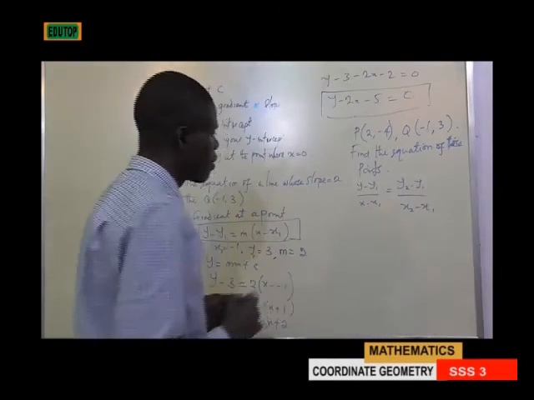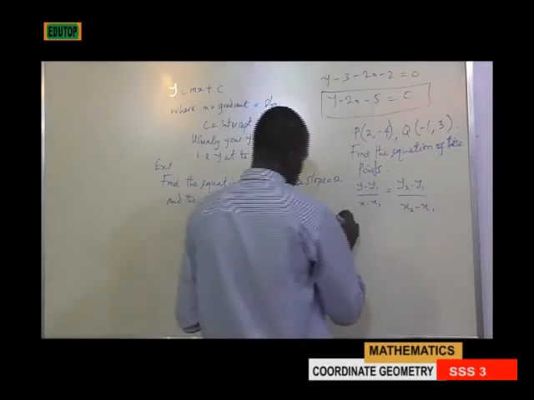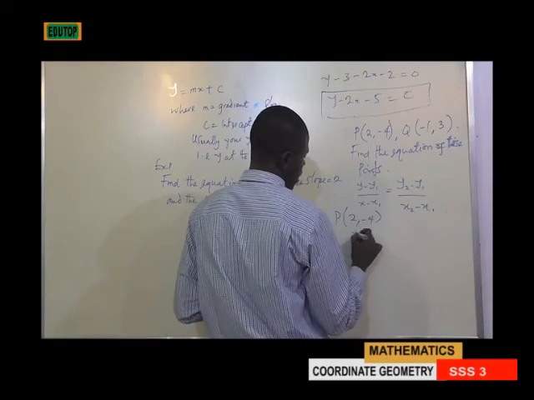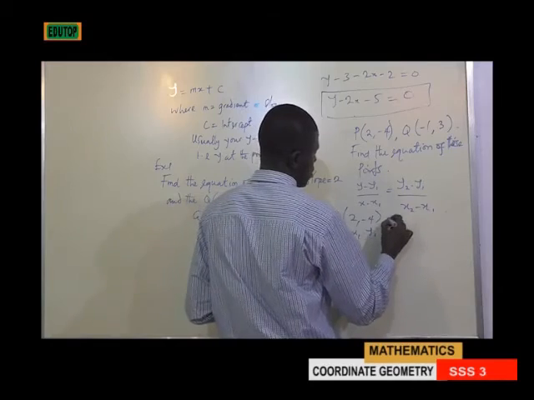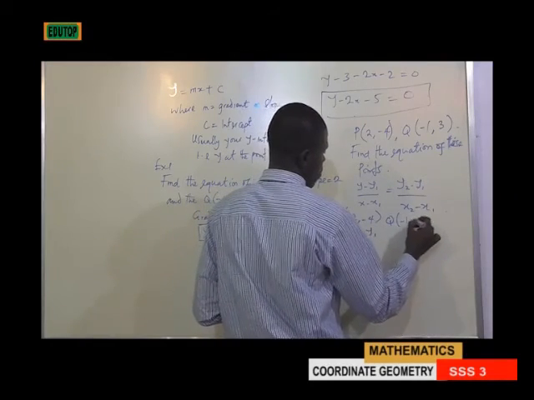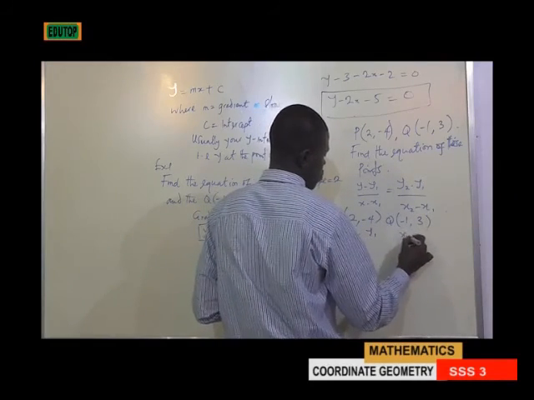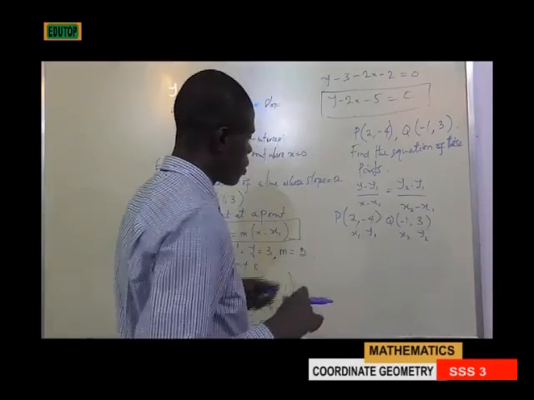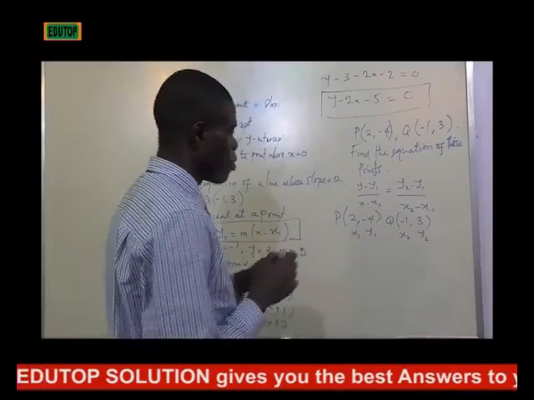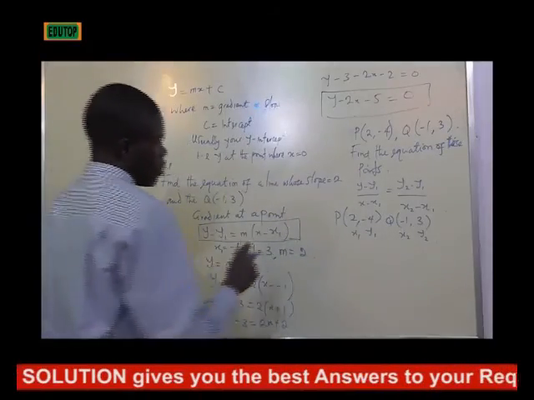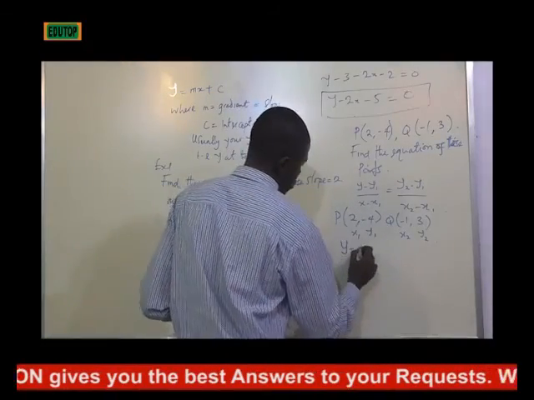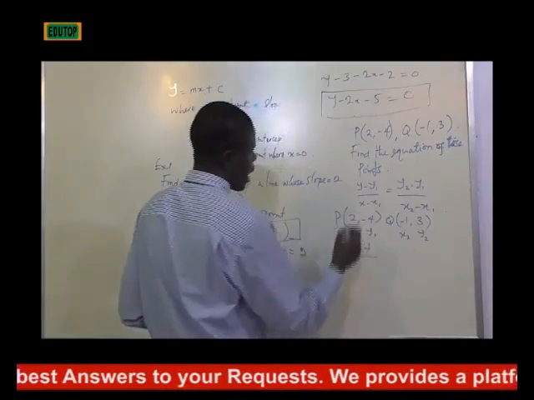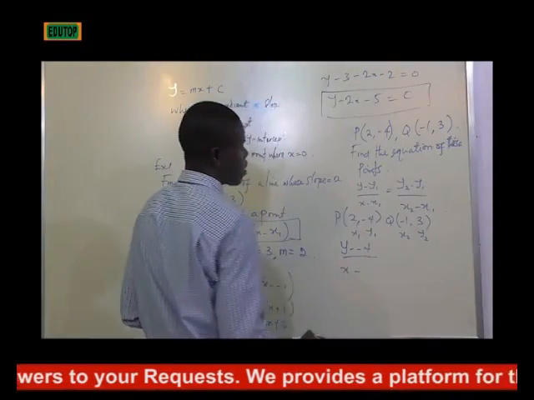That's what we're going to have. P is (2, -4), where this one is x1, y1. Q is (-1, 3), where this one is x2, y2. So let's substitute all these known values into the model. So y minus y1 as minus 4 over x minus x1